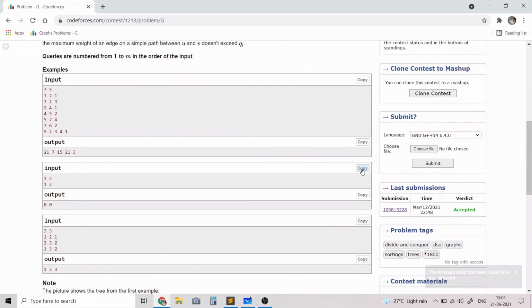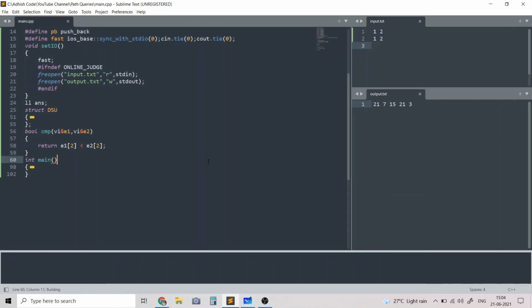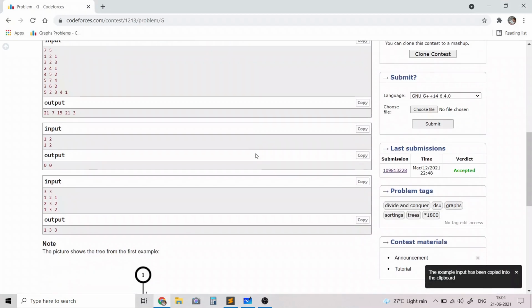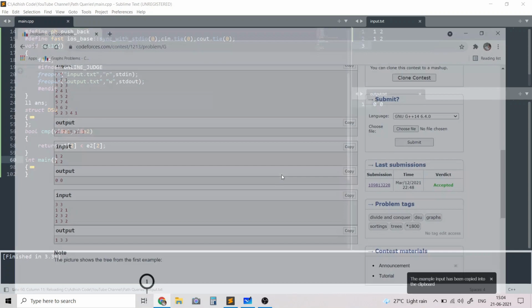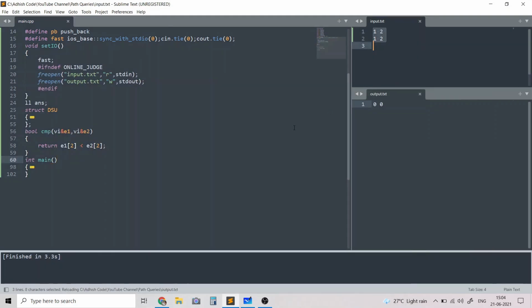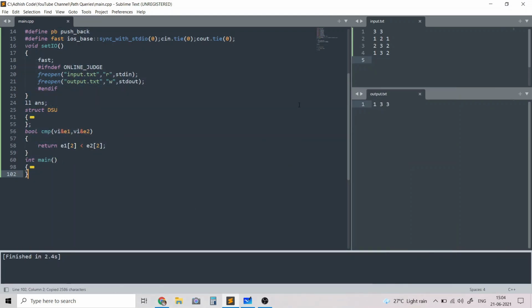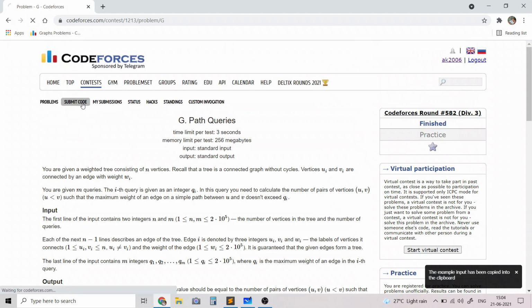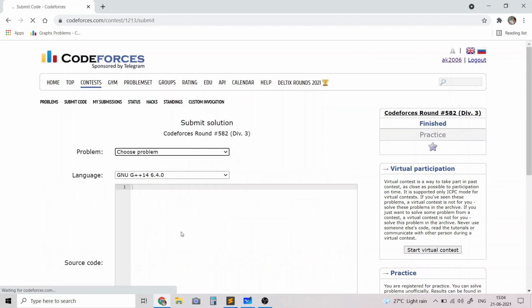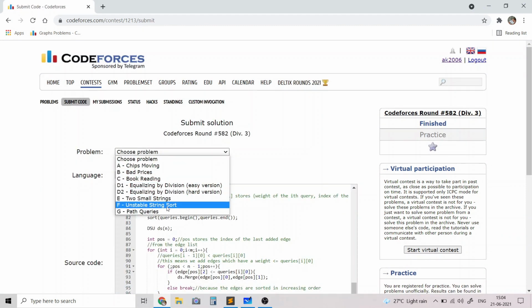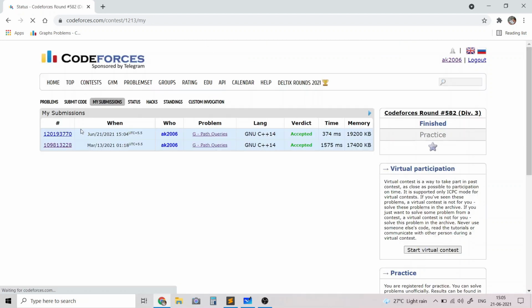The code worked on the first sample test case. Let's try on the other two. As you can see, the code gives the correct output in the second and third sample test case also. So let's just try submitting this code to see if it gets accepted. As you can see, my code got accepted, and I hope you like the solution to this problem.